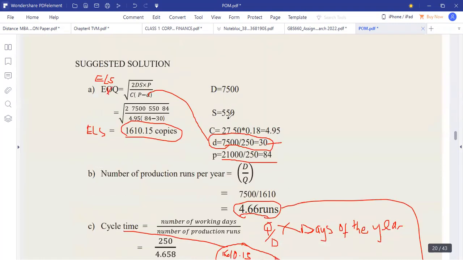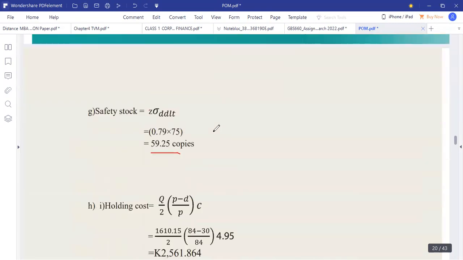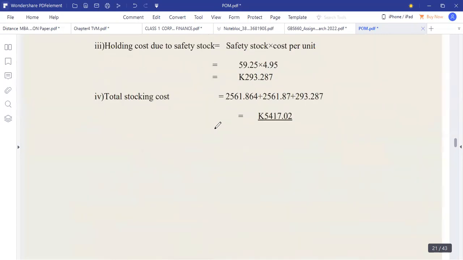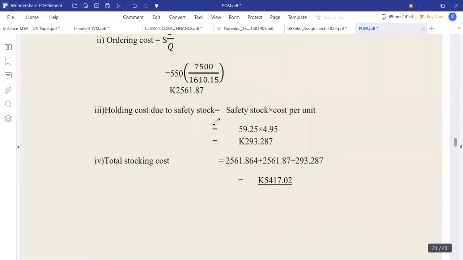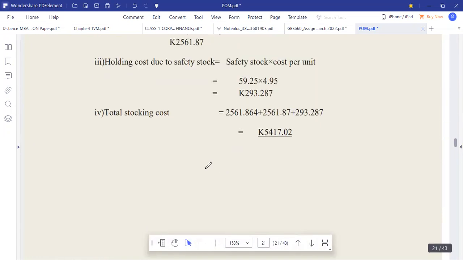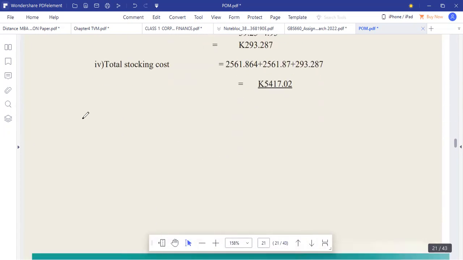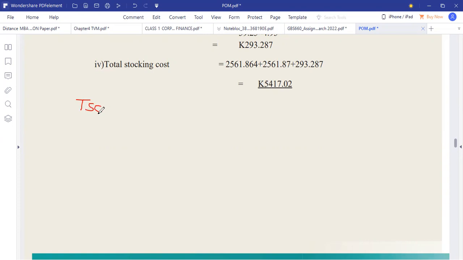Since we are in production, we are going to go for this formula for the total stocking cost, where we say our total stocking cost due to safety stock is equal to